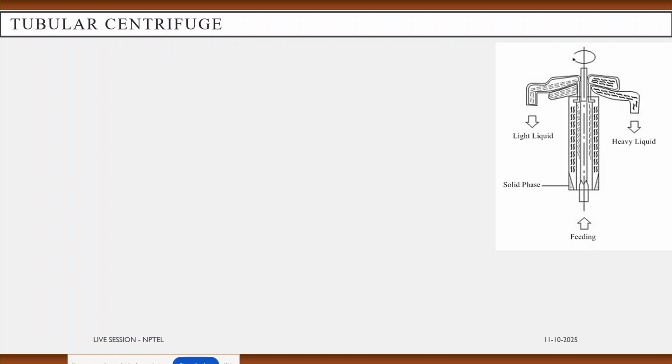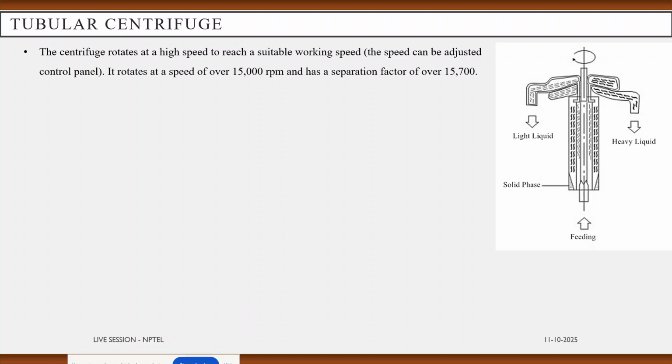Obviously, the size of the material and the density of the material are very crucial to handle the centrifugal operation. Next, we are going to discuss the tubular centrifuge. This tubular centrifuge rotates at a very high speed to reach the working speed suitable in industry, and